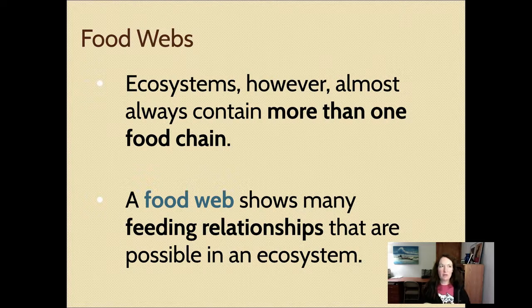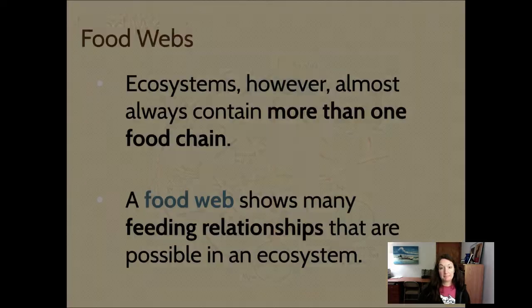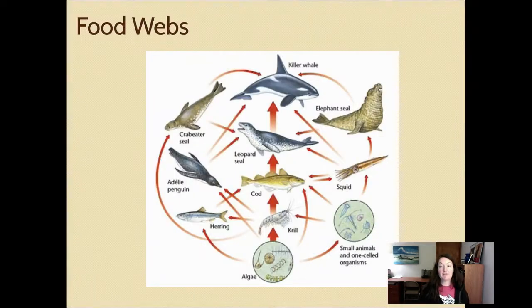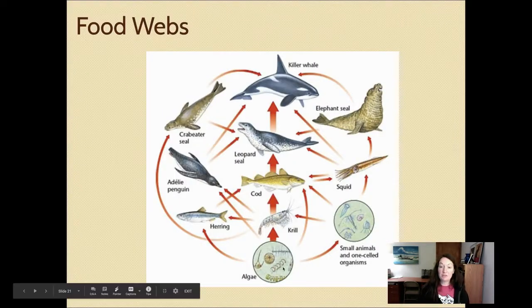So you'll need to know that a food chain is a linear sequence or a line. A food chain, think of like a chain being held out in a line. So a food chain is a linear sequence, a line. A food web is a web. It's got many different feeding relationships instead. So here's a picture of a food web. You can see the original food chain that I was showing a few slides back. The food web is much more complex, much more complicated.